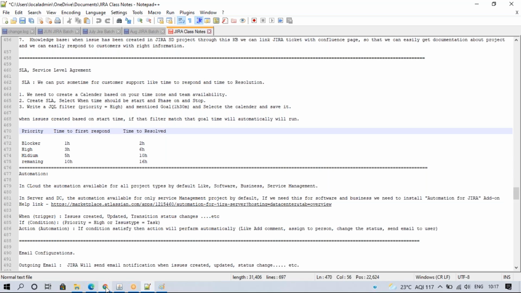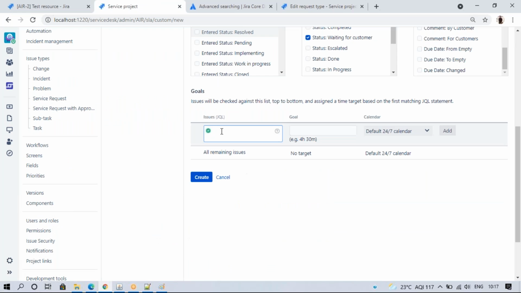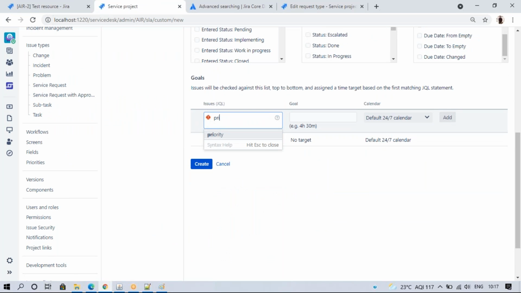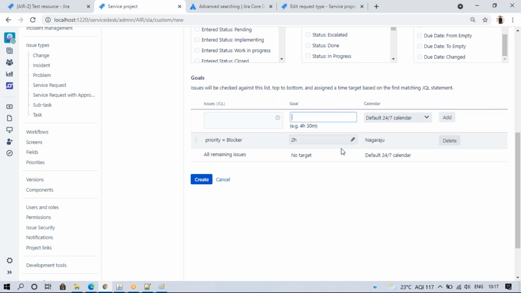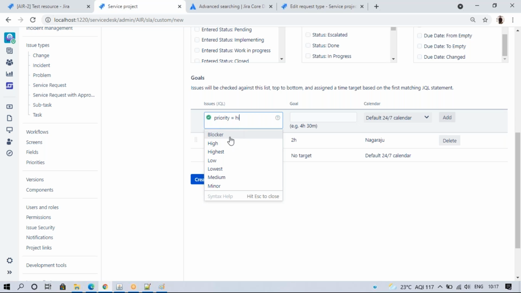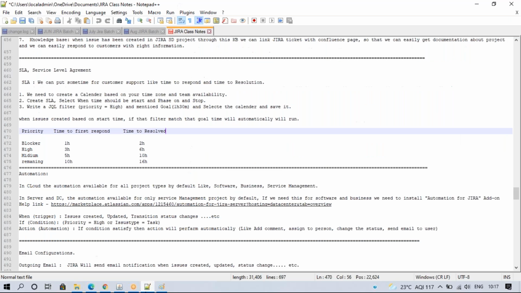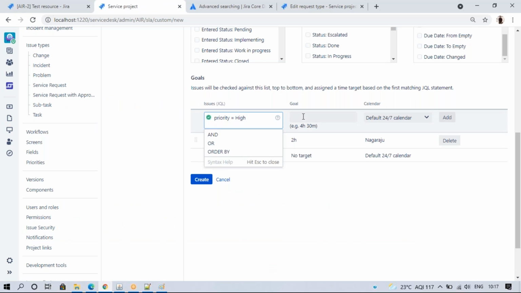See, priority equal to blocker, 2 hours. Same, if priority high, 6 hours.